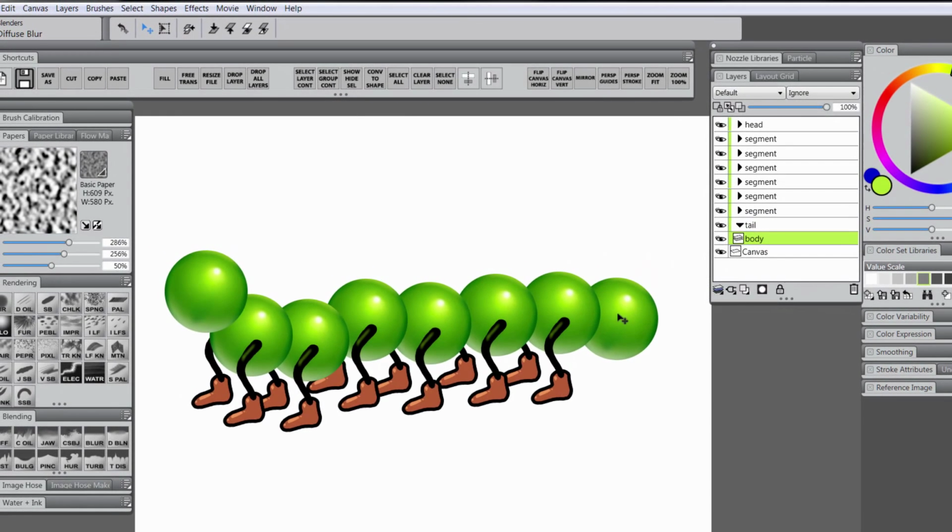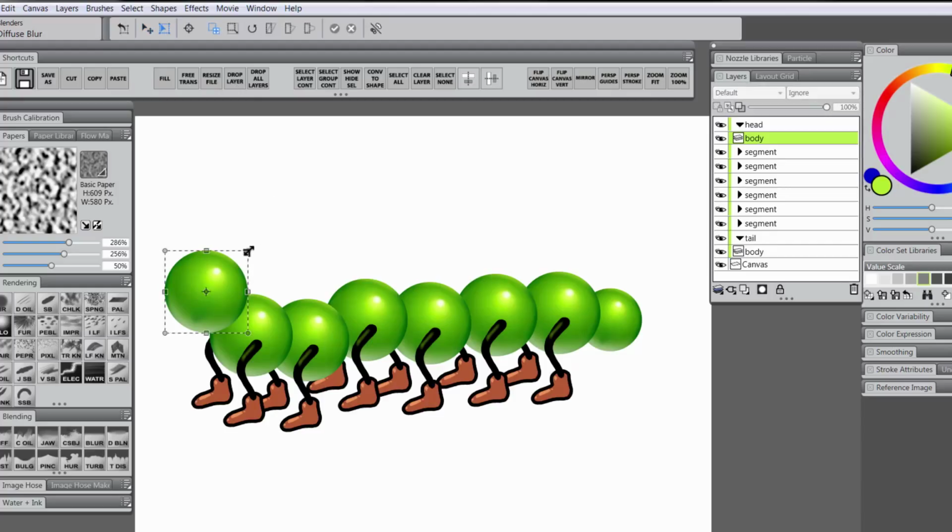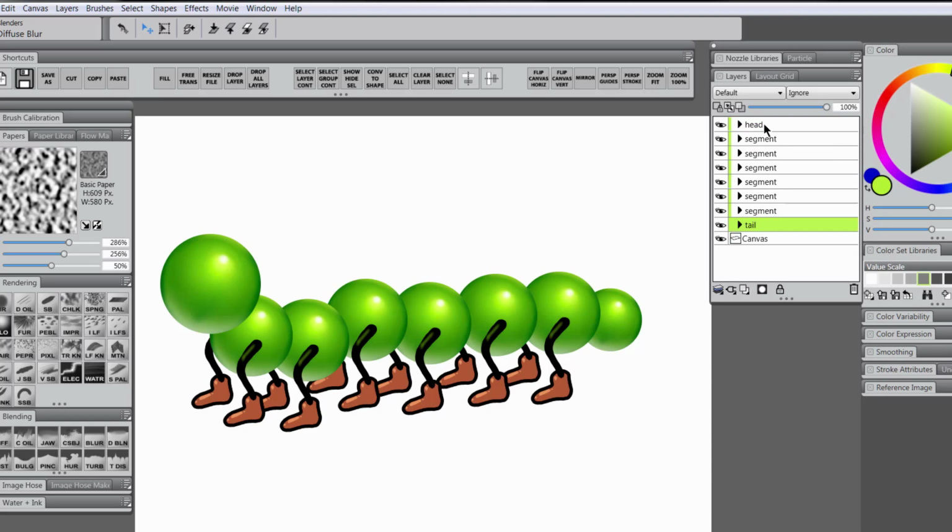And let's go ahead and manipulate this layer. Now if we choose free transform and hold Shift, we can scale this down to make a tail. We can go back to the head layer and free transform that and make that bigger. And then if we want to reposition our whole caterpillar body, let's hold Shift